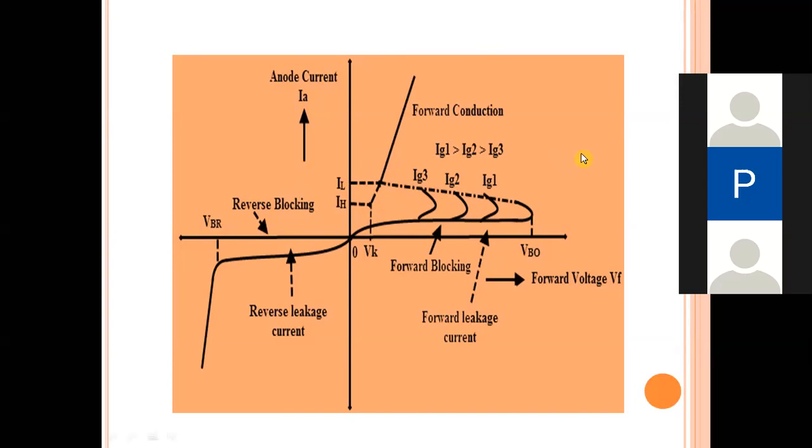Okay, so here in terms of current parameters we have the gate current IG, IL, IH, and IA is the forward current, which moves from anode to cathode. In terms of voltage, you have VBO, the forward breakover voltage, and VBR, the reverse breakover voltage. Is it clear with the characteristics? Okay, then